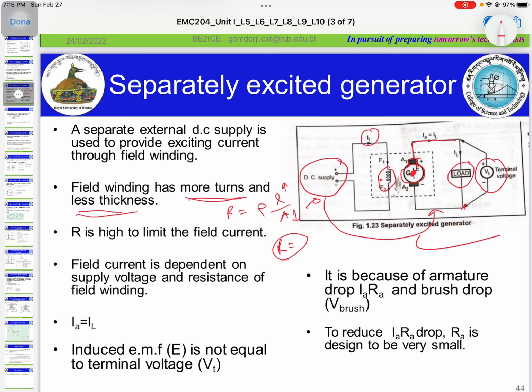In order to measure that, you should understand that our induced EMF is not equal to the terminal voltage. The reason is that there is a voltage drop in between. Since this generator is directly connected to the load, your armature current IA is equal to the load current. This is given here, and we know that our induced voltage E is never equal to the terminal voltage. This is because of the voltage drop across the armature winding,